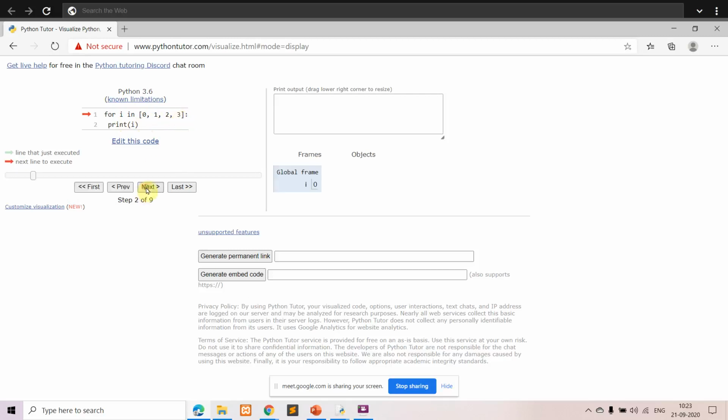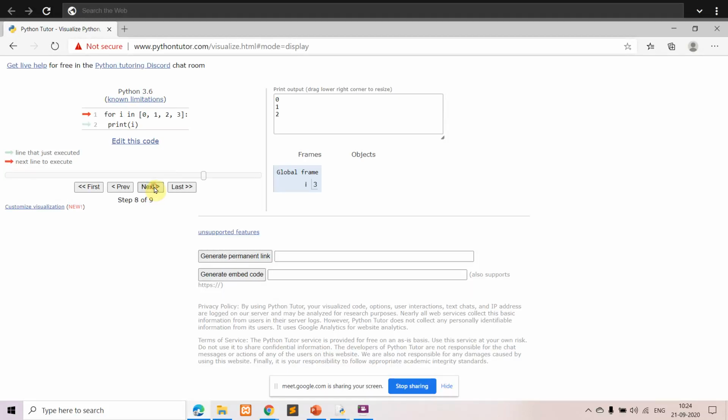Okay, so we'll see here. So i is 0, yes, the initial case. Then you're printing i, and after that i will be incremented, i becomes 1. Again 1 is within the range, you're printing 1. Again i becomes 2, 2 is within the range, you're printing 2.